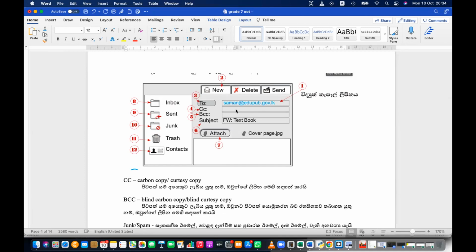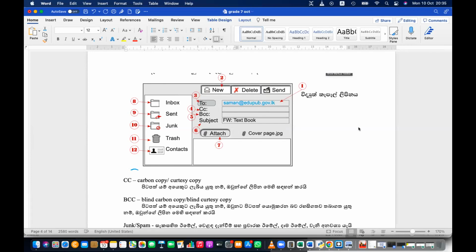If you want to copy, like let's say I want to send an email to Pasan. I'm sending to Pasan Abhilash. Let's say email is pasan@jits.lk. And I want to copy that to Hirush and Danuri. So I can mention Hirush at jits.lk and Danuri at jits.lk here in the CC field.